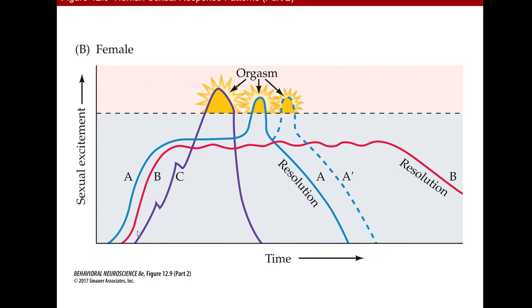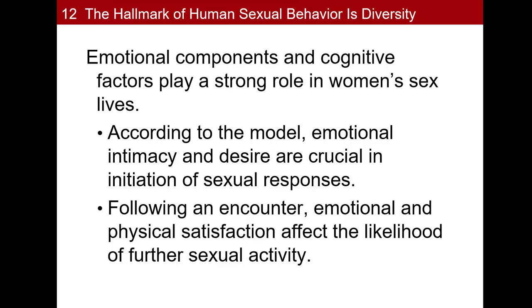You can also see some women that have a very significant increase in sexual excitement without really having any discernible plateau, and then hitting orgasm very early compared with some of these other options. And then with this option here, maybe an individual has an increase in sexual excitement that leads to a long plateau that does not reach a level of orgasm. And certainly this could vary from person to person, as well as from encounter to encounter, right? Now, why is it that women have more of a variety here in their responses?